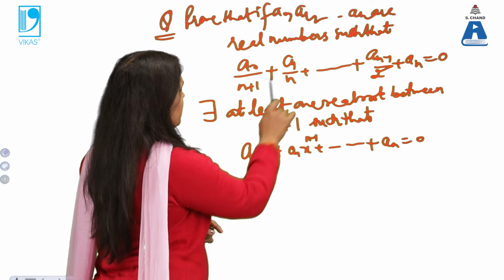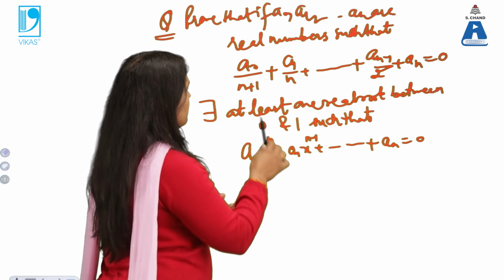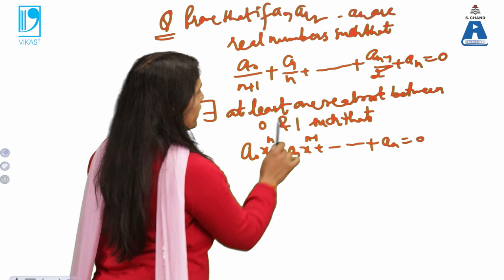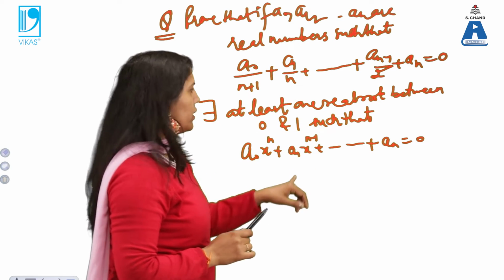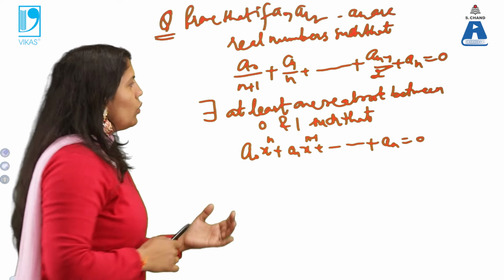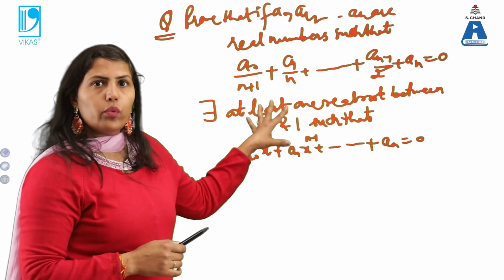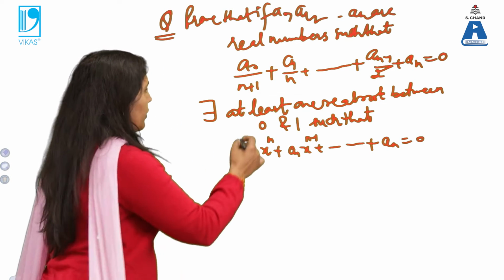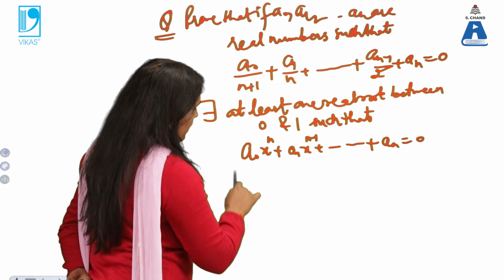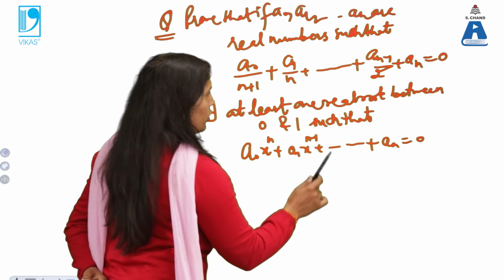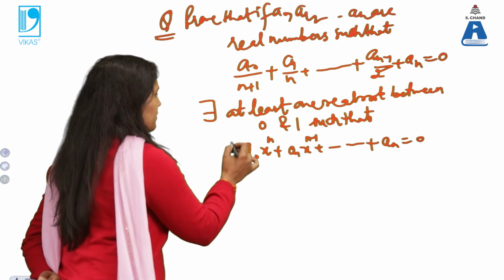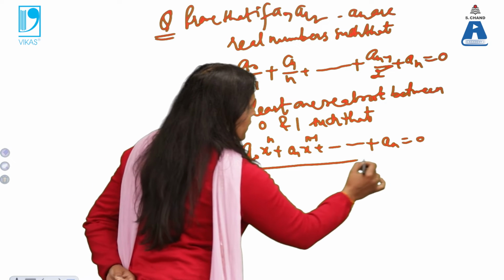On the basis of this condition, the question is asking that there exists at least one real root between 0 and 1. It means the interval is 0 and 1 such that this is 0. Now, how do we relate it to Rolle's theorem? We can relate it by the fact that this expression is equal to 0, and in Rolle's theorem we get some function's derivative equal to 0. It means this is some function's derivative